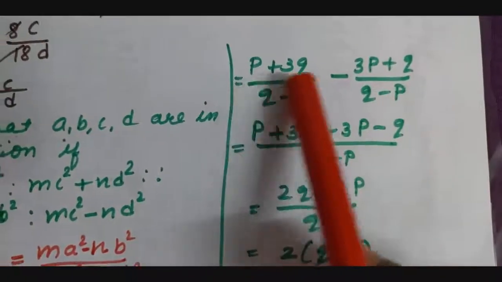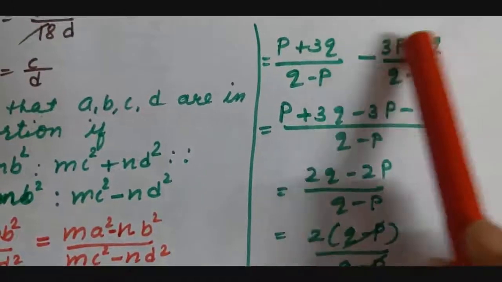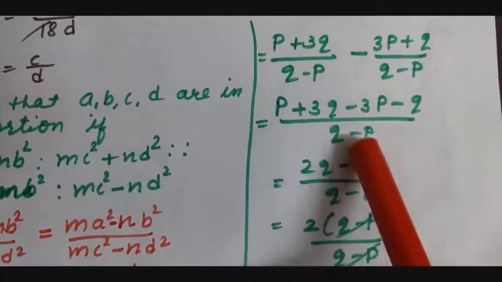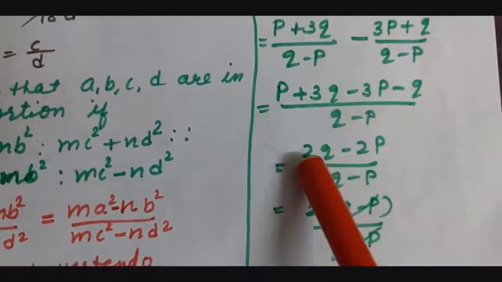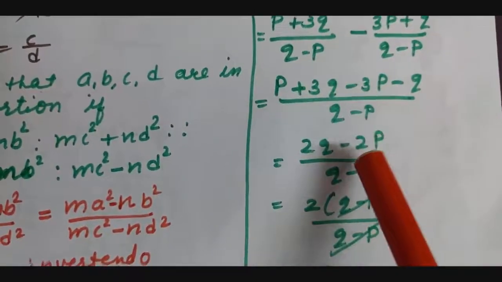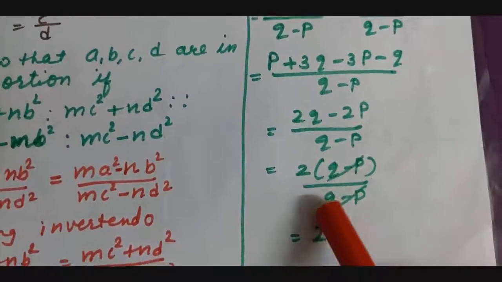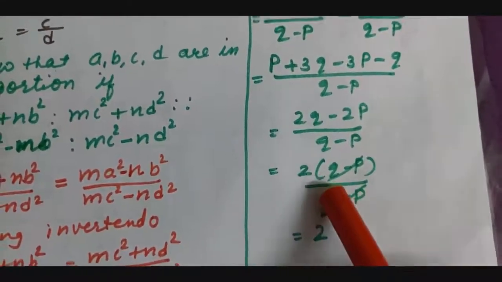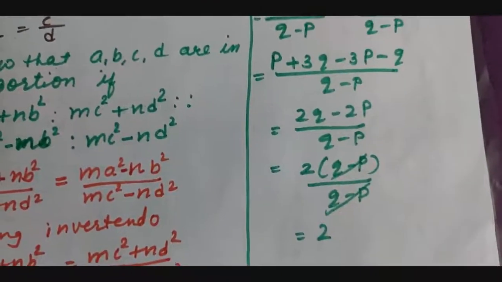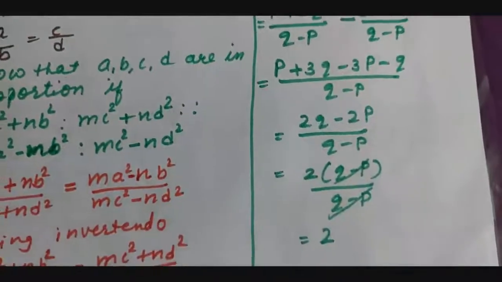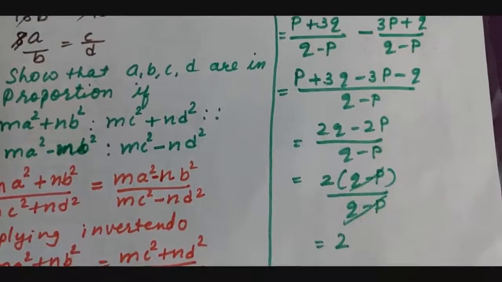So I can take p plus 3q minus 3p minus q, sign change here, same q minus p. So here 3q minus q is 2q and minus 2p, 2 taken common, q minus p upon q minus p. This is cancelled and your answer is 2. This is the value which they asked to get. Okay, solve the rest of the question and try to maintain your notebook.